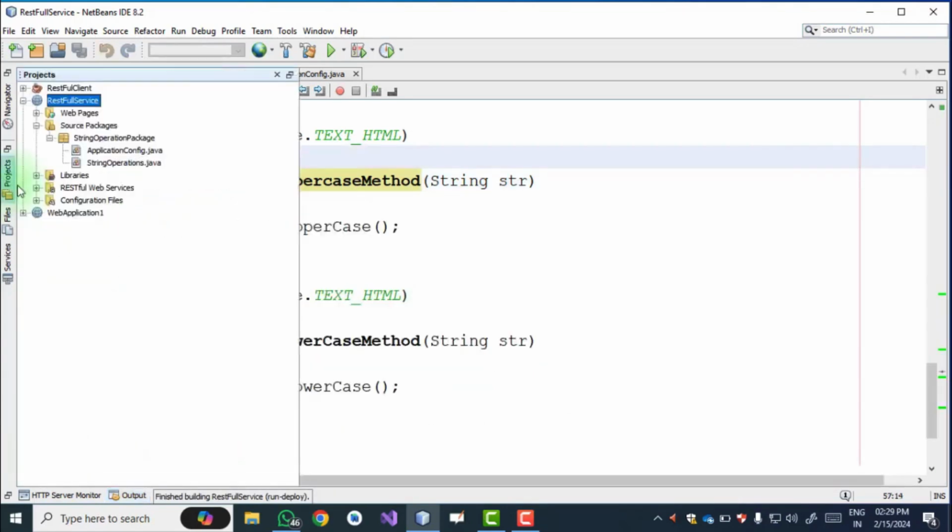Then we go to the web service. There is my RESTful web service.